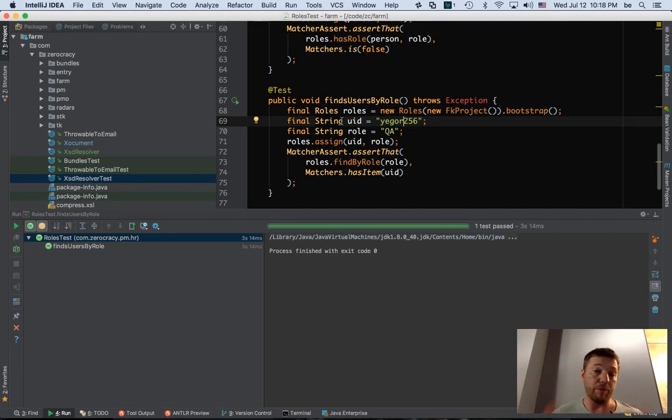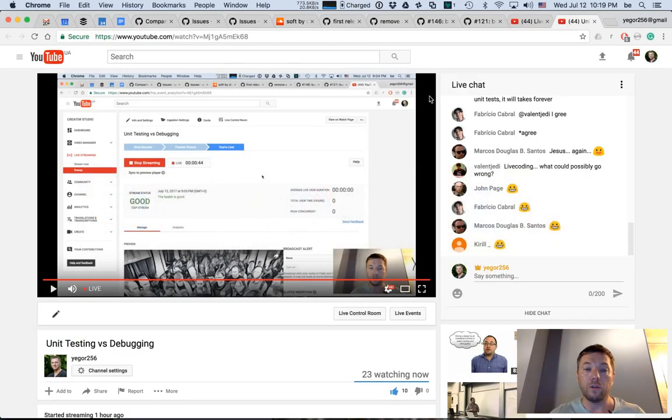In my real coding every day, I don't debug at all. I don't know how to do it, actually. I never touched the debug button in my IDE, in IntelliJ. All I'm doing is creating unit tests, again and again, multiple unit tests. I never debug, I never see how the code works inside. If I don't trust that the code actually works, I just create a new unit test. That's all.